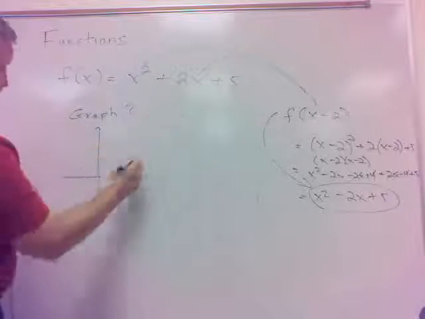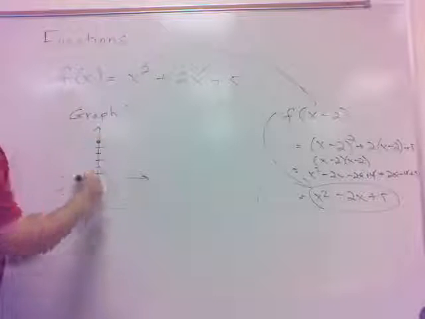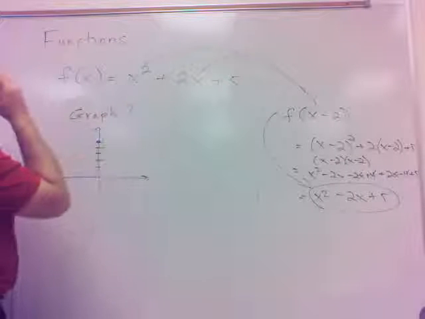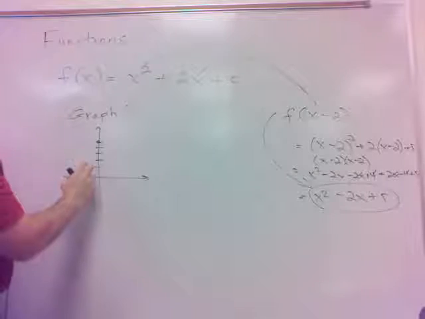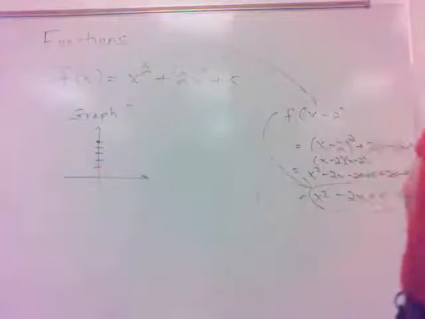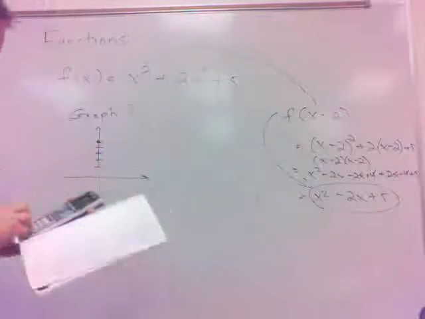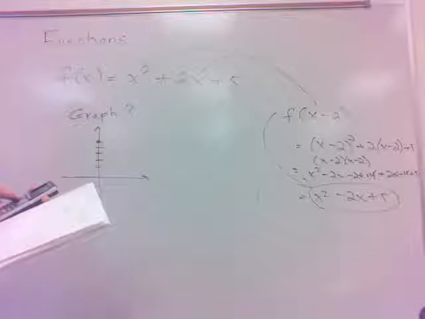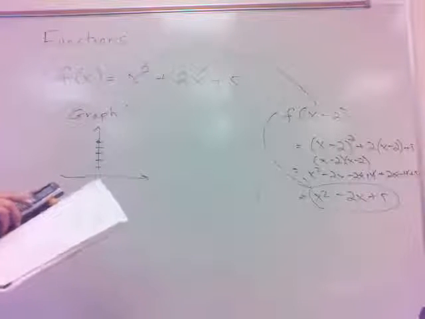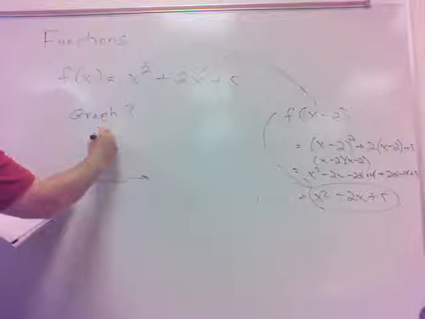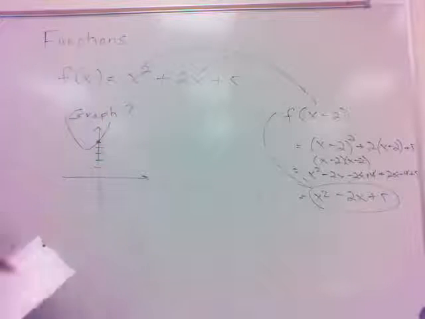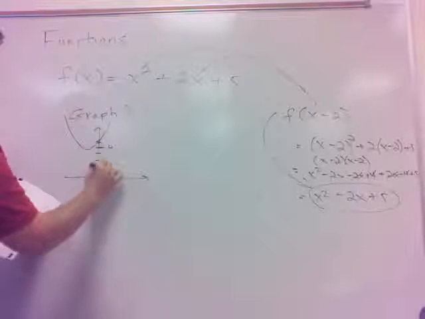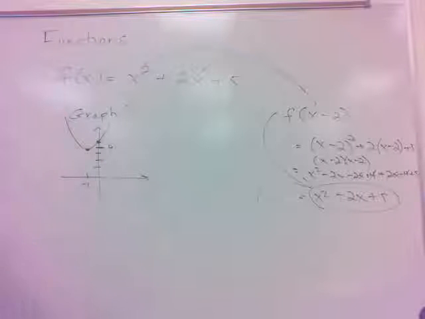I know the y-intercept is going to be 5, so let me go ahead and put that here. I think the vertex is going to be at -1, so anyway, let's just look at it. Do it the easy way here. That's what these are for, okay? Okay, so x squared plus 2x plus 5. All right, so the vertex comes in somewhere along in here. Something like that. I think this bottoms out right at 4 and -1. That's where that point is. All right. So that's another way functions